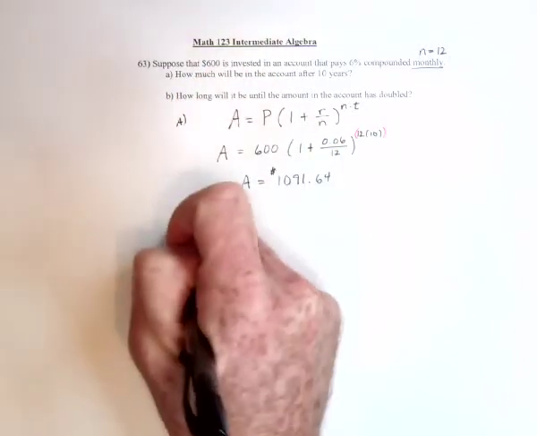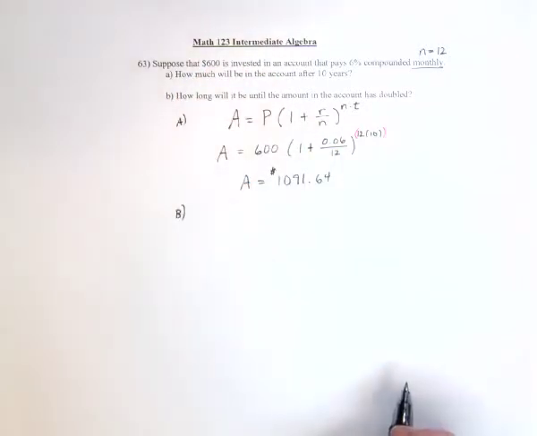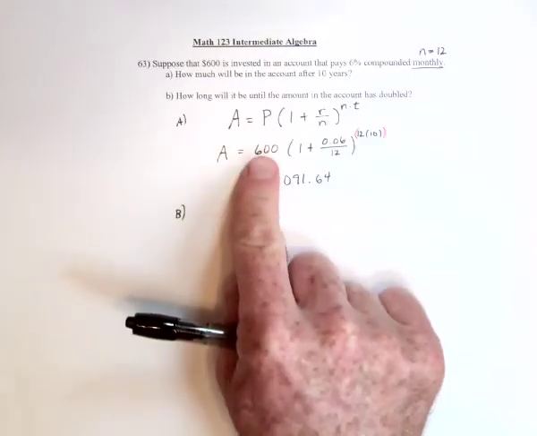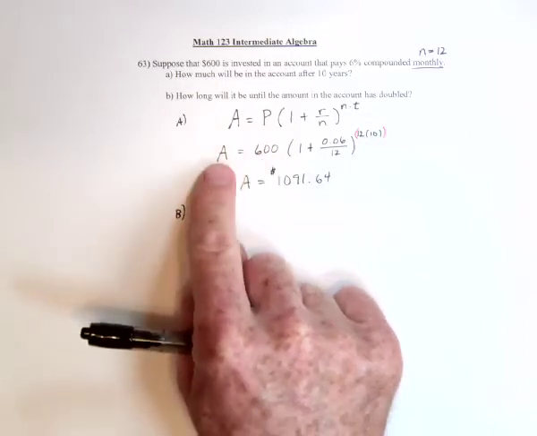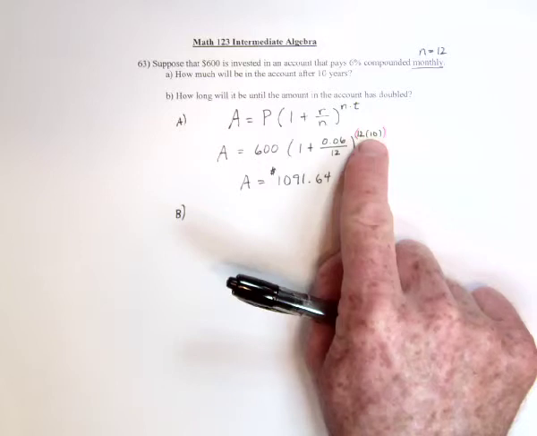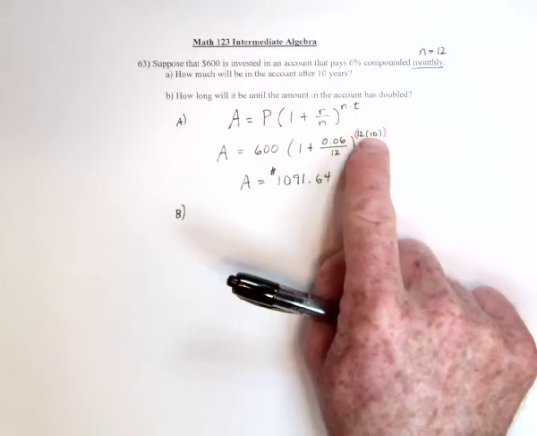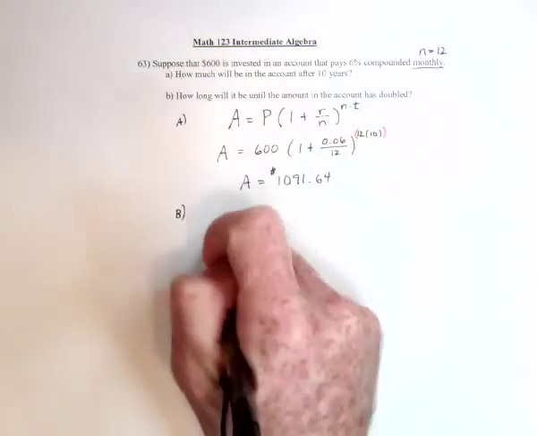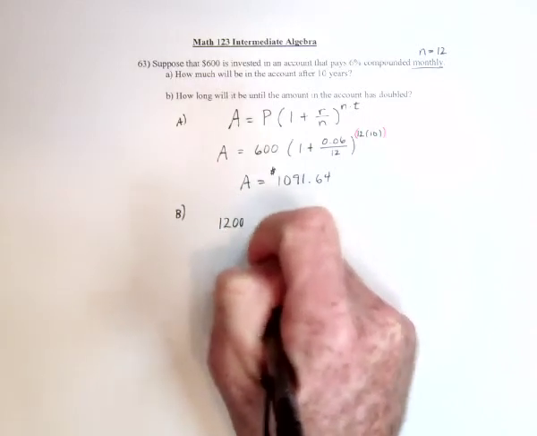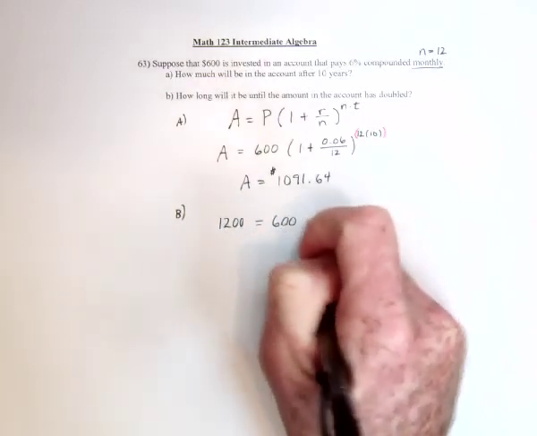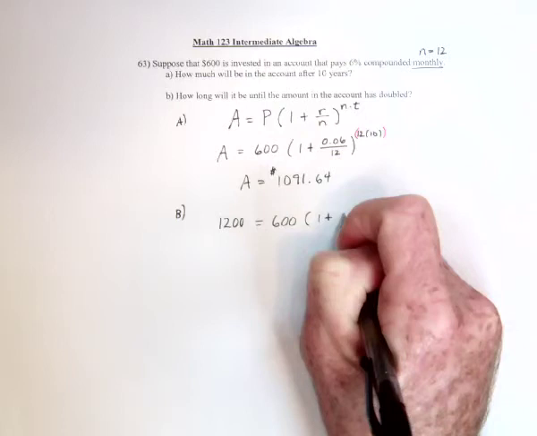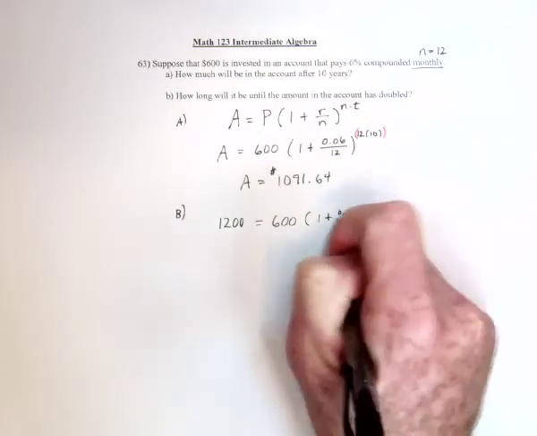And then for part B, how long until it's doubled? So in other words, the $600 would turn into $1,200. So you need to put 1,200 right here for A. And then we don't know how many years it is, so this will be the letter t. So 1,200, if you start with 600 and put it in the bank at 6%,